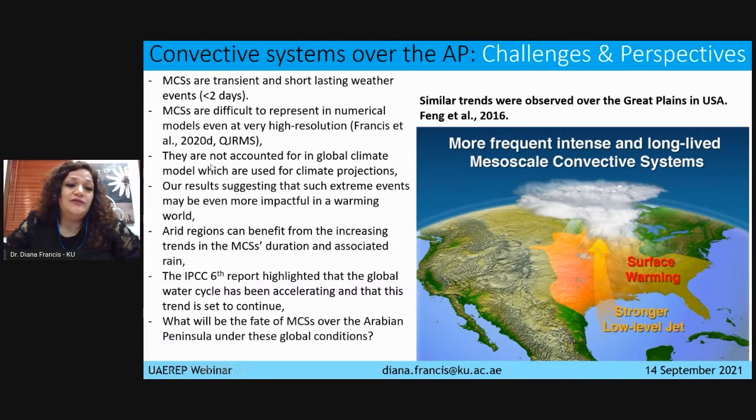which makes it even more challenging for the global climate models that are used for climate projections. And in those, actually, mesoscale convective systems are not accounted for. Our results suggested that such extreme events may be more impactful in a warming world, so this also puts pressure on the need to represent them well in numerical models. On the other hand, arid regions can benefit from this increase in trends, duration and rain both. And also,